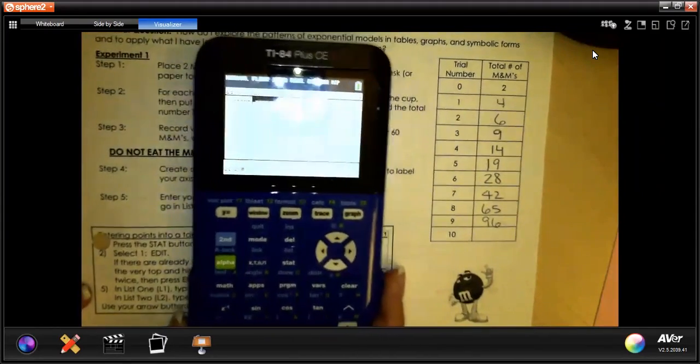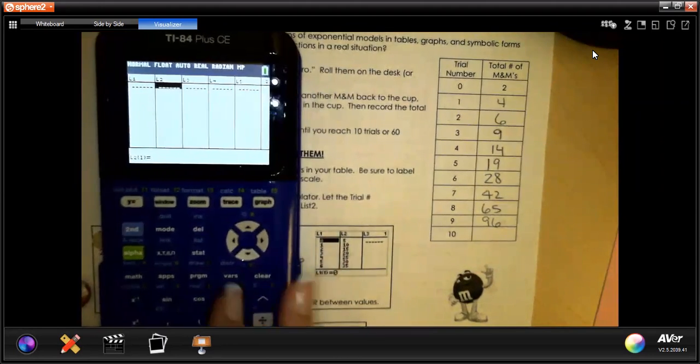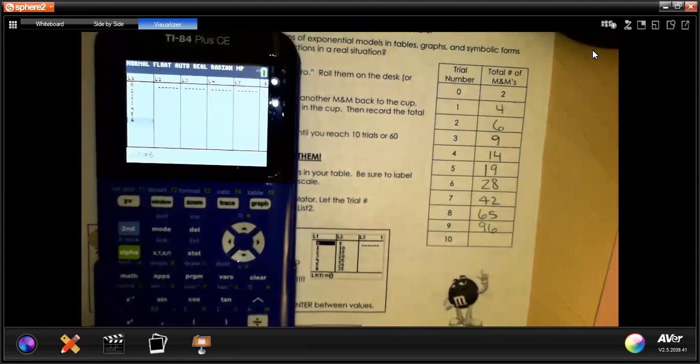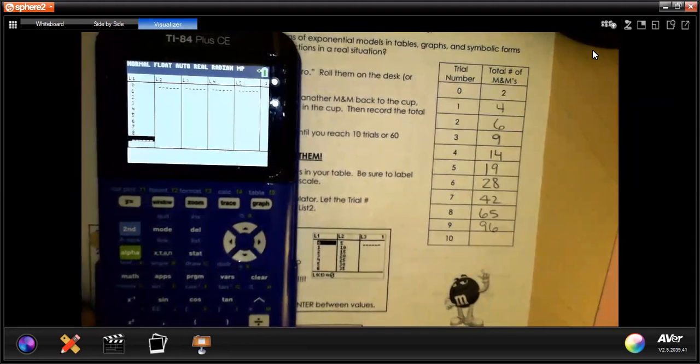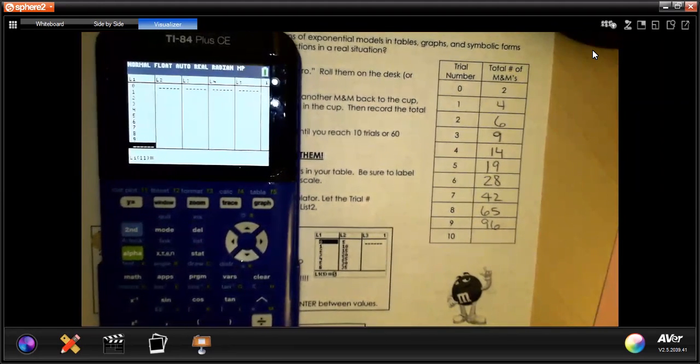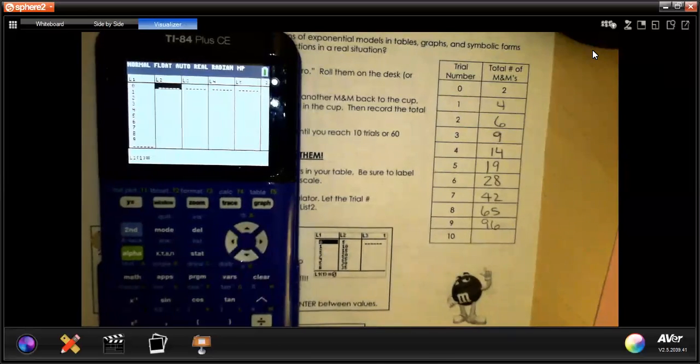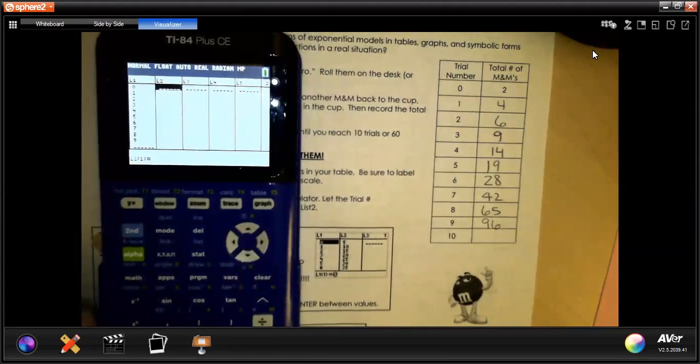So in the L1, I'm going to go ahead and put my trials, and I'll start with that 0 on this one. 0, 1, 2, 3, ... 9. I'm not going to put the 10 in there since I do not have a value that goes with that 10. Now for L2, I'll go ahead and put my values that we got for the M&Ms. So the 2, the 4, the 6,